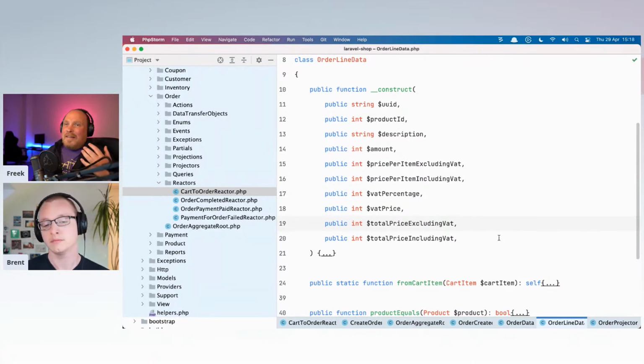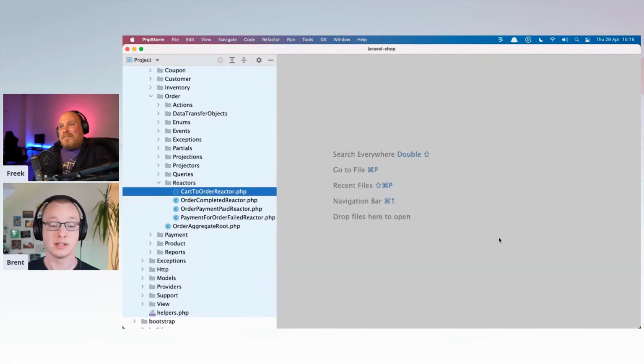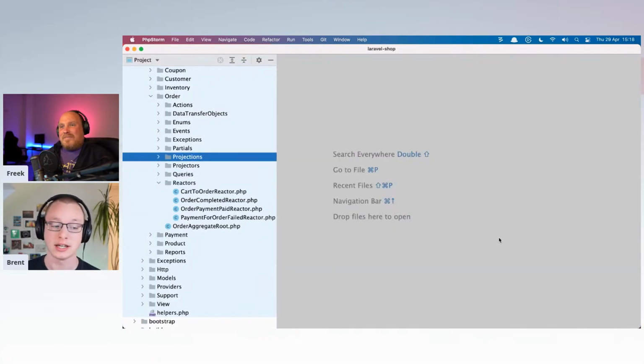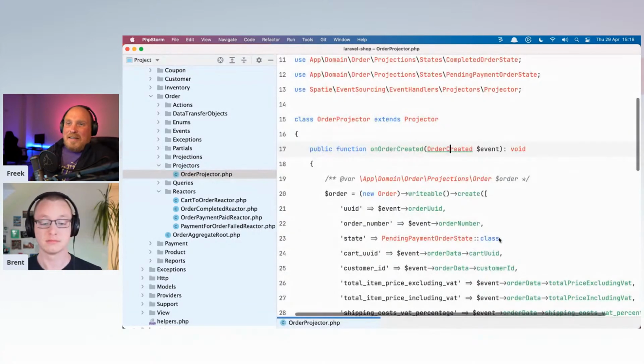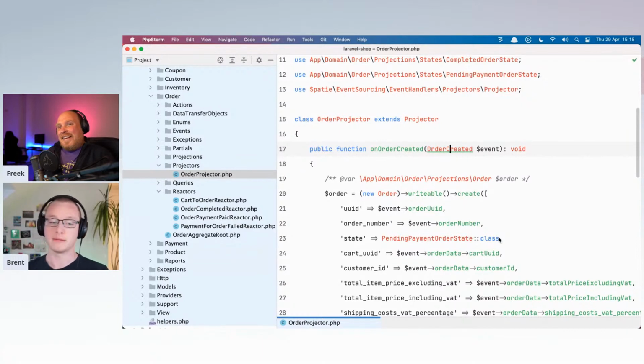So you could create a projection that contains everything that the cart view needs, so it's only one query. To take it one step further, you could make a projection that's just a rendered HTML file if you want to. Yeah, indeed, and just display that.